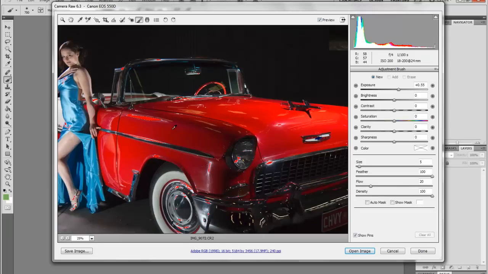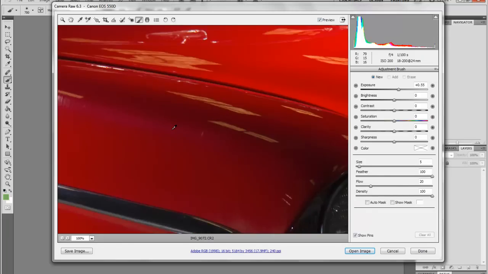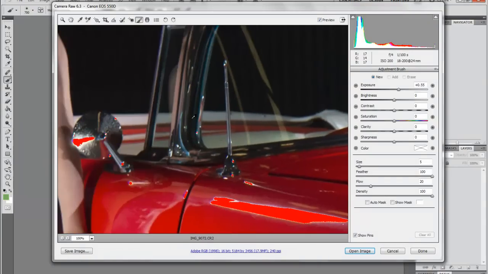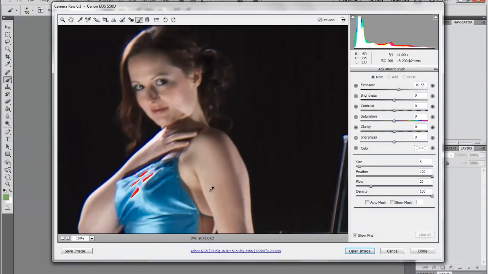So I'm going to come in nice and close firstly on our model's face, because there's some issues in the face itself that I want to fix. See how we've got this line that goes down her face, and a little bit of shadow under the eye. So I'm just going to come in here and lighten these areas a little bit. And in fact,